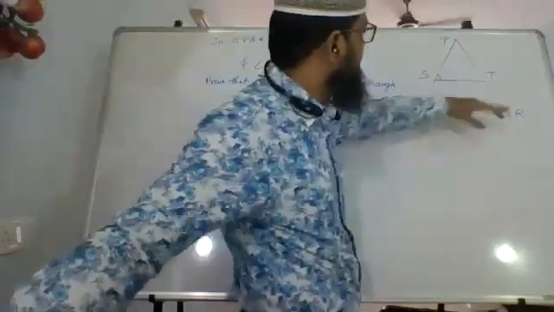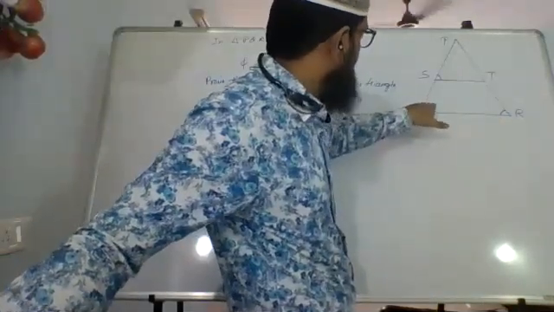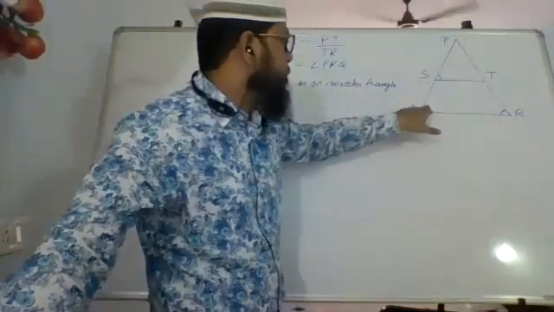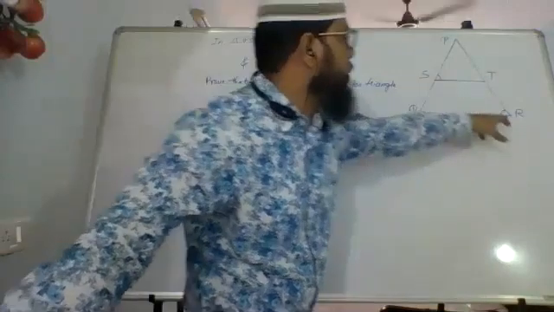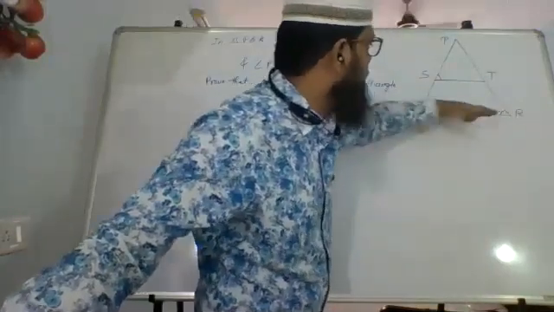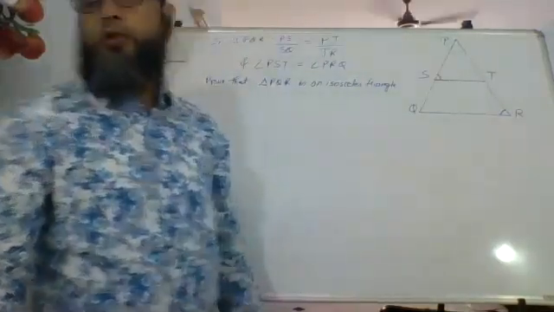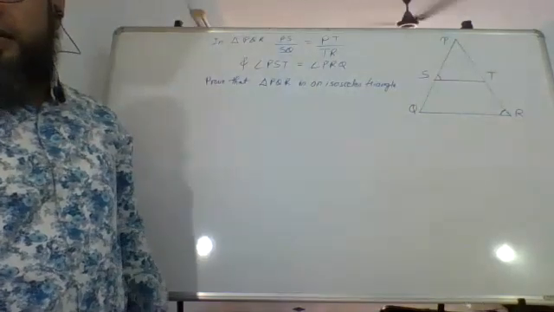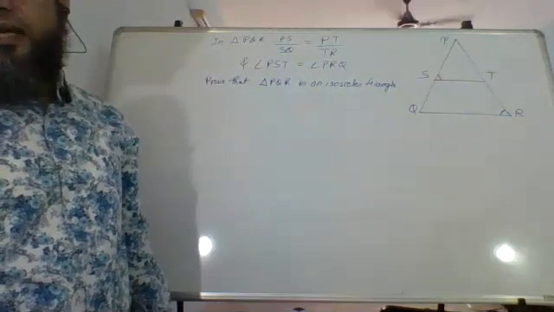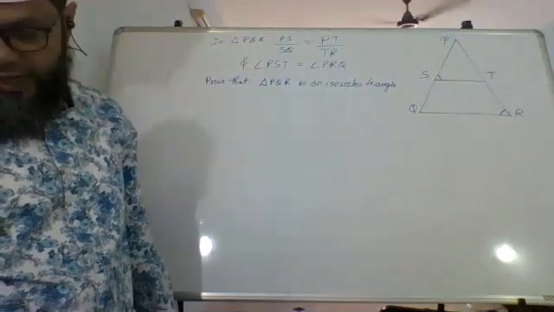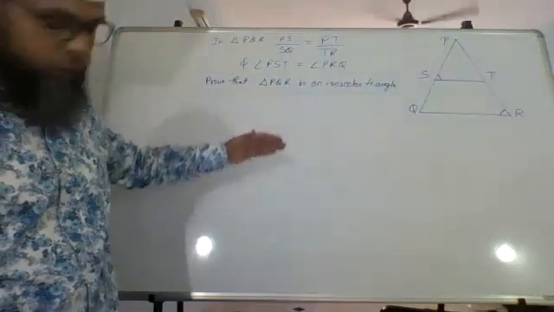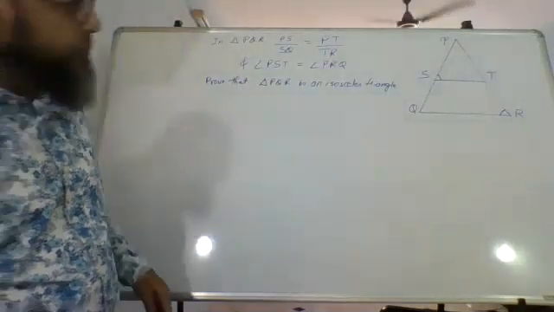Now this line is parallel to this line, and this will be the transversal, so this will become the corresponding angle. So angle S is equal to Q, but S is also equal to R. So Q is equal to R. If the base angles are equal, the opposite sides are congruent, and if two sides are congruent, then the triangle is an isosceles triangle. Are we clear? That's what we're now going to write stepwise.